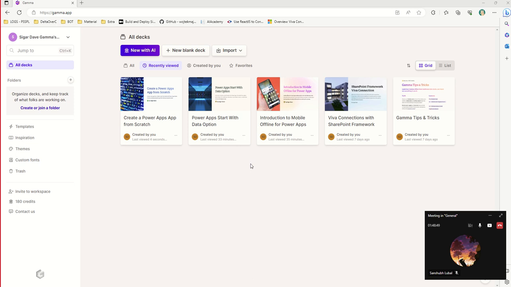Okay, so as I said, generally in the era of artificial intelligence, when we want to create any type of presentation, this is not useful for most of the people in the call, but I just thought to share it, which I have found in recent time. As you can see on my screen, there is one website that is called Gamma app, and it works in the same way as we generally use ChatGPT nowadays. We prompt it with some sentence,